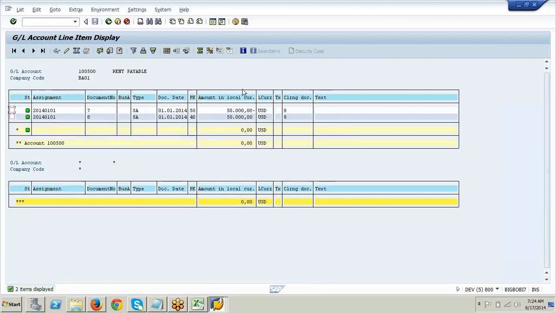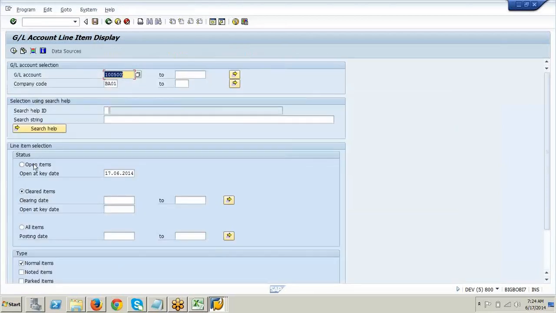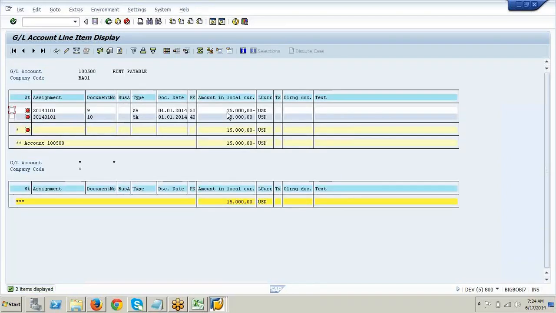Nothing is there. Do you see 10,000 here? No. Back. Next, open item. What is it saying? 25,000. You paid 10,000. Balance is 15,000.